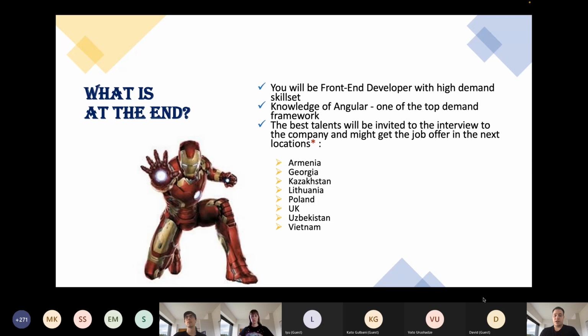As for the locations listed here, these are the locations where the IPAM offices are available. So the priority for arranging interviews with our graduates goes to those from the listed locations.